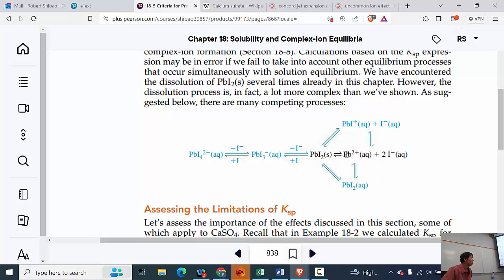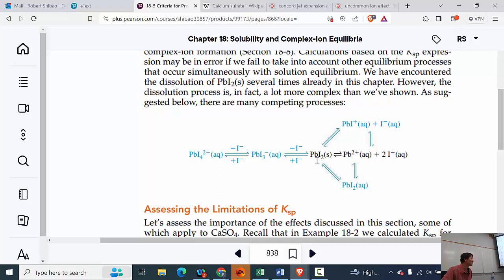So far, the amount of free lead ion, as we call this, is only a small part of it. The solubility has to be much greater. And in fact, if we were to quantitatively determine how much free lead is in there, and then relate that back to how much dissolved, that's wrong, because there's going to be clusters and molecular units like this. So we have to figure out the number of moles of these, the number of moles of this, and the number of moles of that, and that's the total moles of lead dissolved. But then it gets even more complicated, because PbI2 can also form, if you add excess